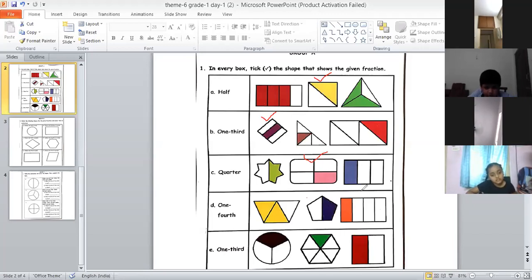Quarter. Okay. But here we have 1/4. So is it 1/4? Yes. So the last option is correct. Quarter and 1/4 are the same. So we will put our tick here. So the third option is correct in the fourth question. Thank you, Sai Joshit. Correct. Now, next question, that is the last bit.